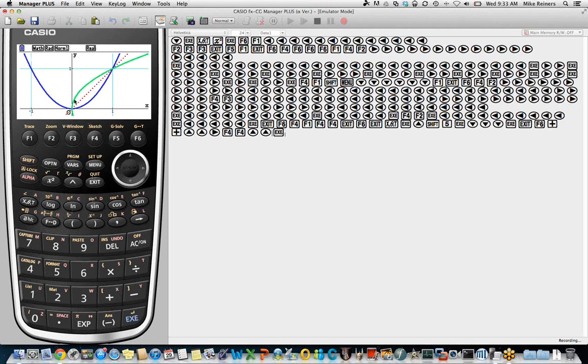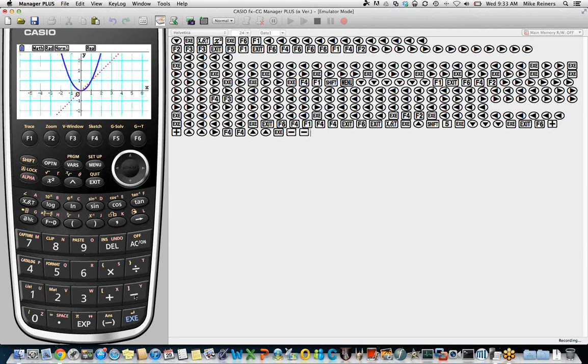And now we can see a nice zoomed-in view of the reflection of the blue curve across the red dotted line to become the green curve. If we zoom out to see that more closely, you'll notice, again, as I said, the sketch disappears. It clears the sketch for you. So if we want the inverse back, we can just do sketch inverse and get that curve back very nicely.